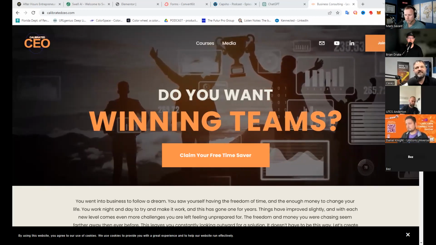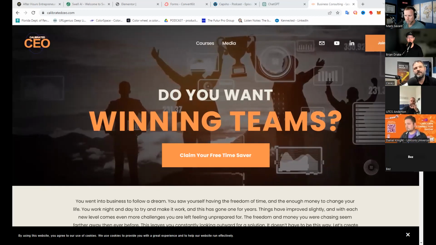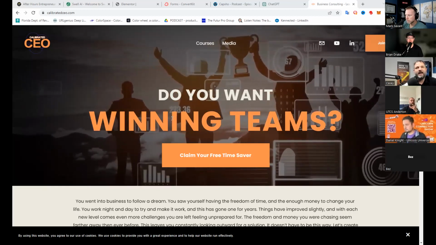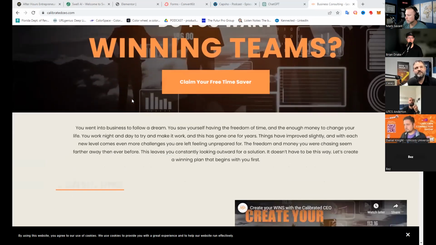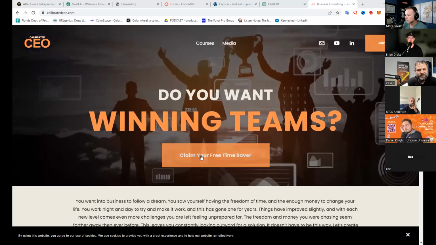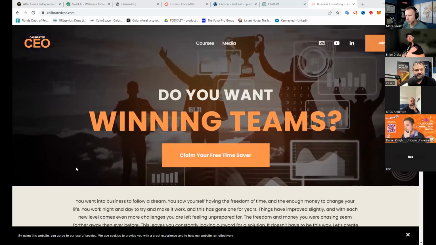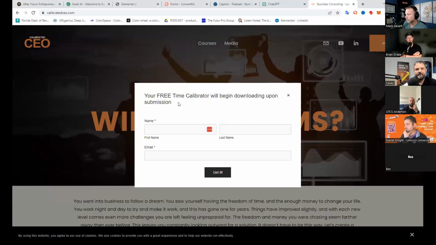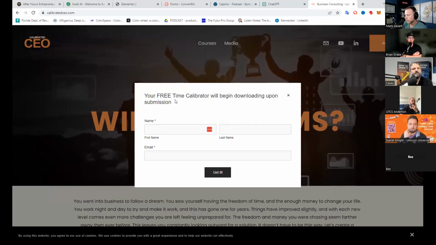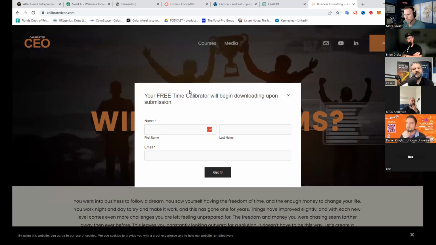And then again, so here you get a free time calibrator. So again, on this page, same type of thing. What is the time calibrator? What are the benefits? You could put like a little benefit list right up there. Because I just clicked the button. I'm looking at it on my end. Sure. Oh, okay. So you click this button, your free time calibrator. But yeah, you definitely have the right idea.